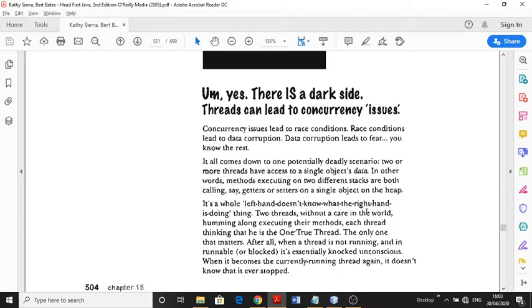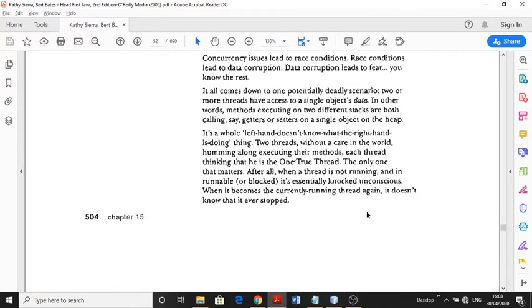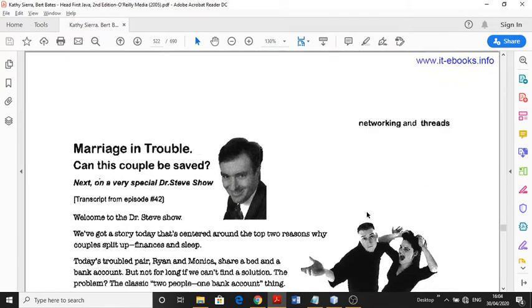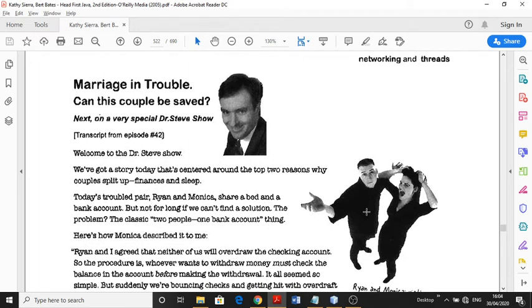This may be very dangerous, and we can illustrate this with a very nice example. That example is the marriage in trouble.